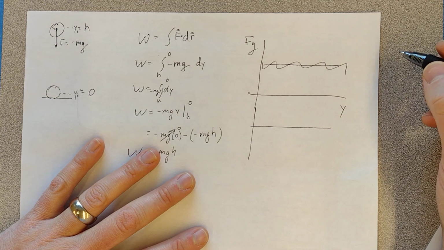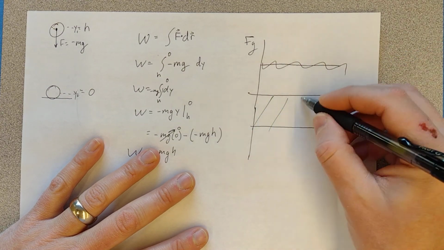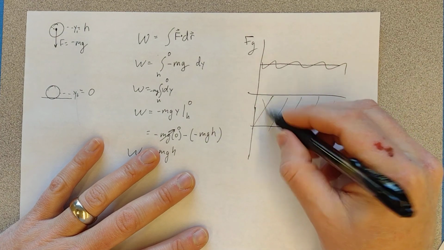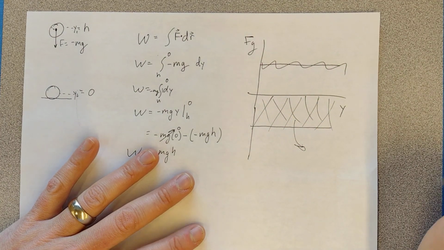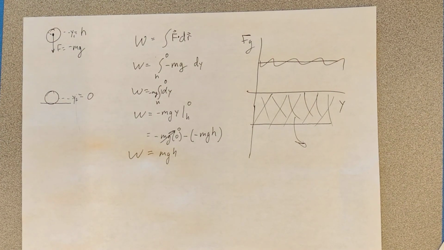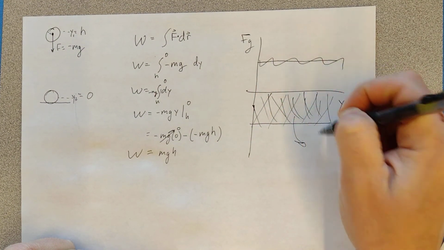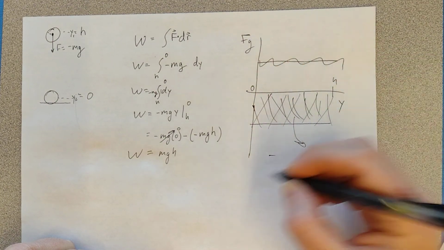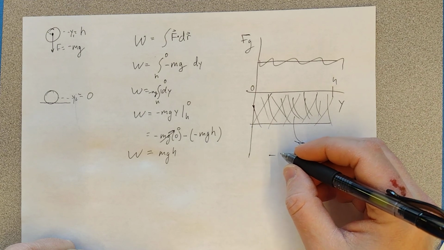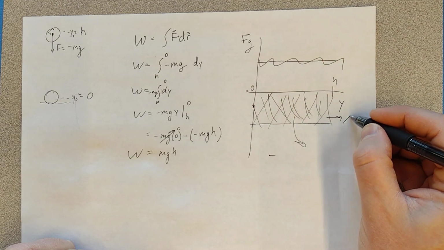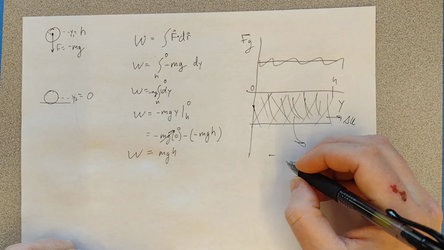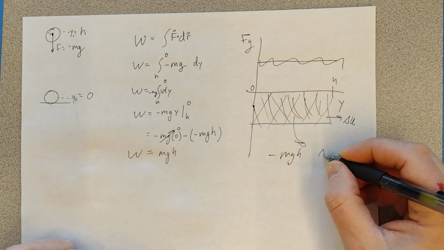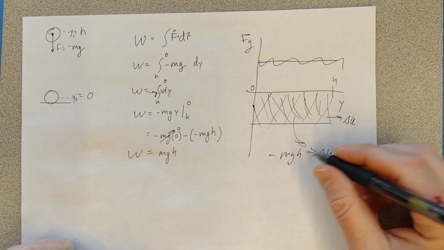Negative mg, this would be interesting because this would be the change in potential energy of the object. Here, negative. So this is going to give you the area of that curve, whatever 0 to h, right? Force is pulling down. This is going to give you the change in potential energy here. And it would be negative mgh,